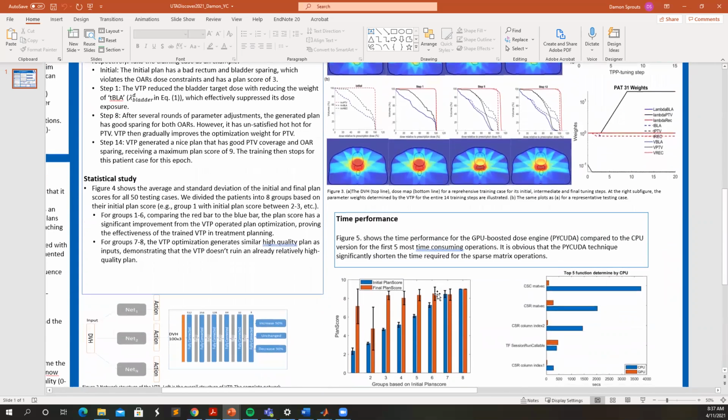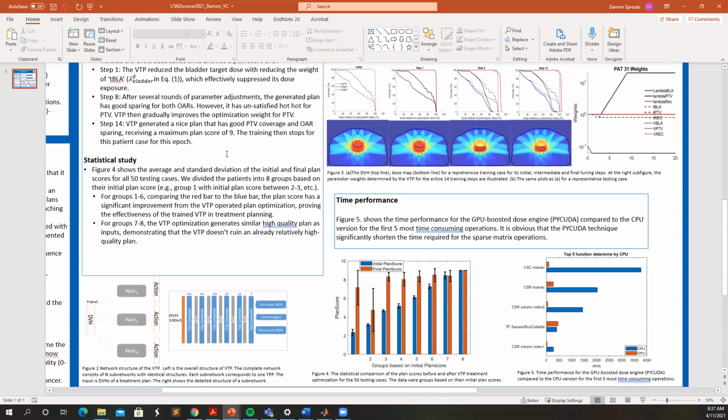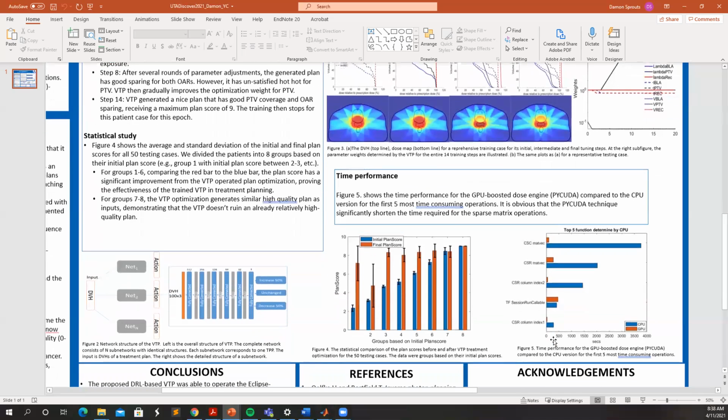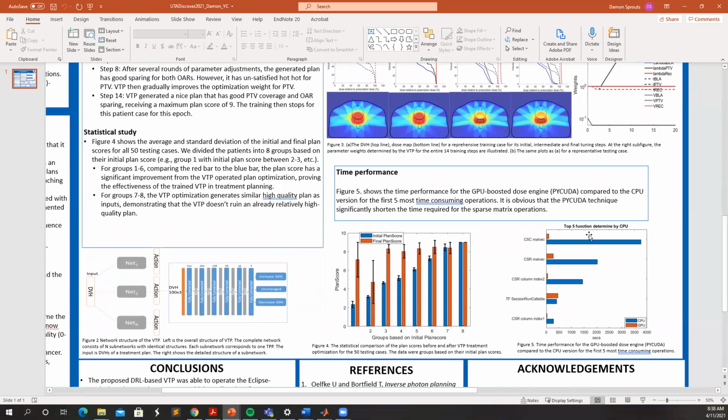Next, I'll be talking about the time performance. The statistical study: this first graph, figure 4, shows the groups divided by their initial plan score, with the median and standard deviation. As you can see, it does a great job of taking lower plan scores to higher ones. Then figure 5 is the time performance one I was mentioning earlier, where we moved the optimization from CPU to GPU based. This was divided up by the top 5 most called functions of the CPU, and as you can see, there was quite an improvement